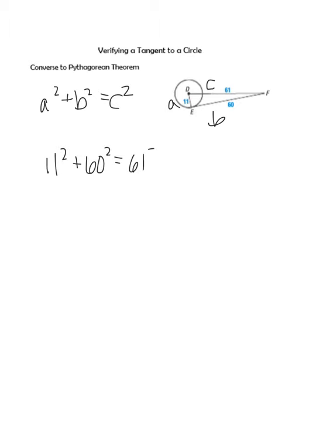All right, verifying a tangent to a circle. This is where you use the converse of the Pythagorean theorem. Now, the converse of the Pythagorean theorem is when I give you all the values and you have to see if it's true. So I have a squared plus b squared equals c squared. My longest side is c. That's the hypotenuse. I have a and I have b. So 11 squared plus 60 squared equals 61 squared. 11 squared is 121 plus 60 squared